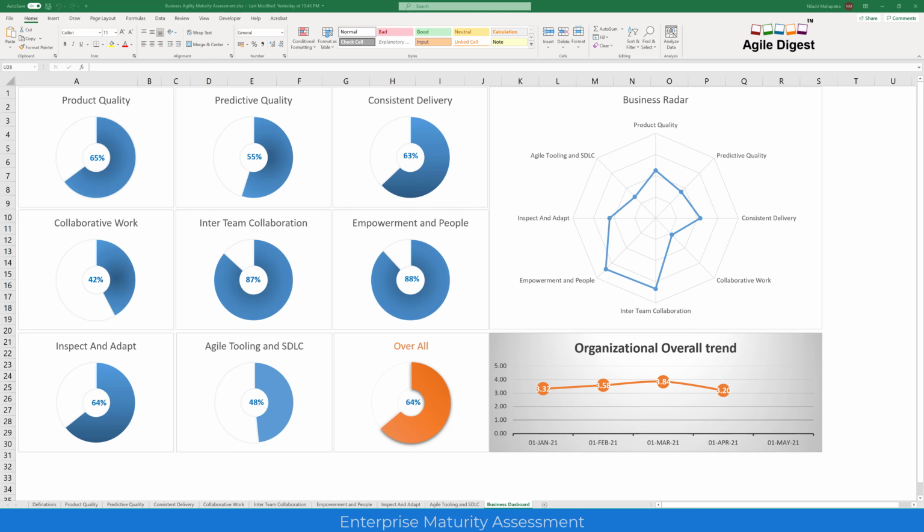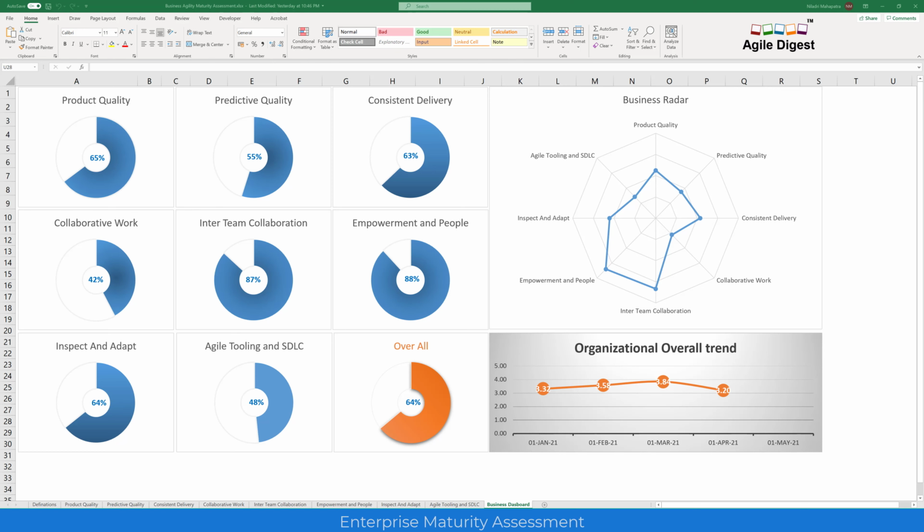This is Niladri once again, and this time we'll talk about our templates. That is a maturity assessment for a business. As you can see, this will be your dashboard, and this is again not a learning session. This is a kind of a user manual in the form of a video. If you are using our template for assessing your business maturity, you can refer to this on how to operate it.